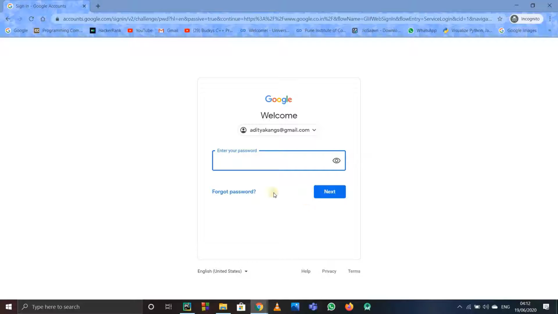So what it did over here is, first of all, it checked if my email ID is right. If that email ID is right, then it will check my password. If that password is right, then it will enter. But if I enter any wrong email ID, it will not check the password because the email ID is wrong. So it will directly tell me to enter a correct email ID. So that's an example actually.